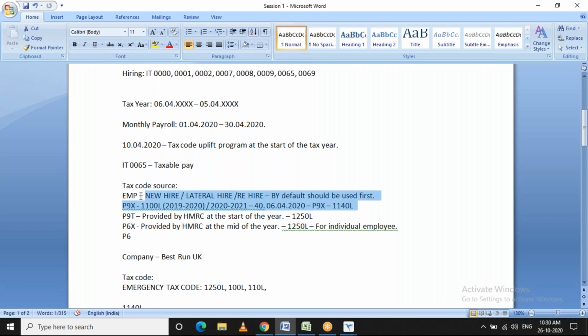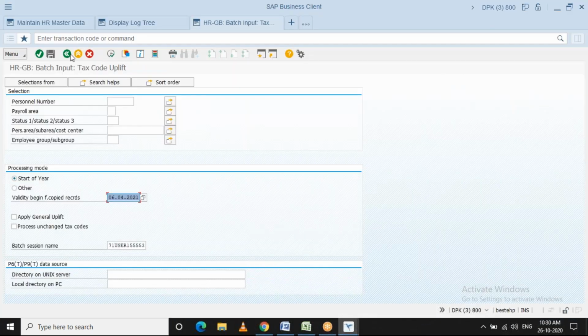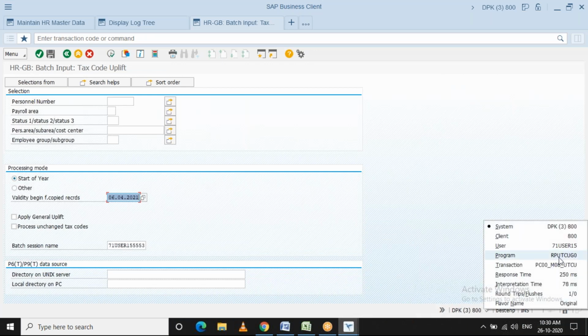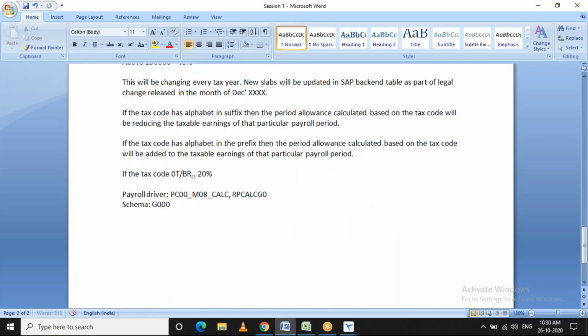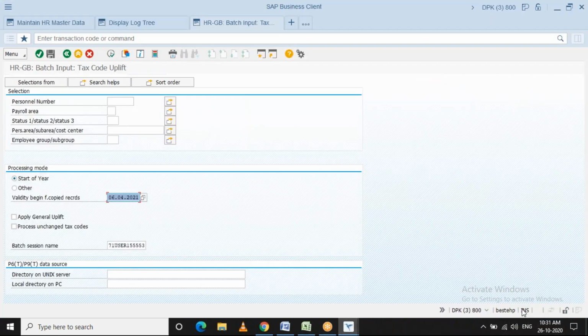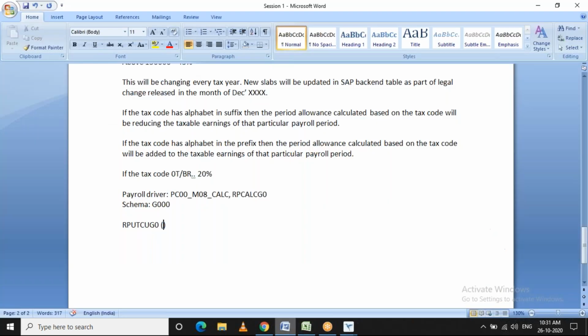This part which I explained, right, P9X. So the program used to do that is RPU TCU G0. I'll write here. This is called tax code uplift.